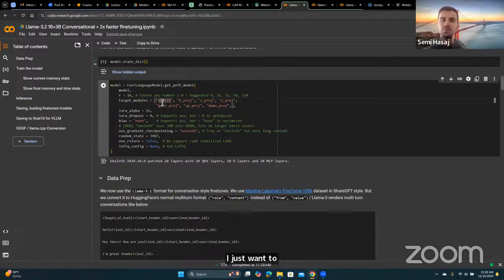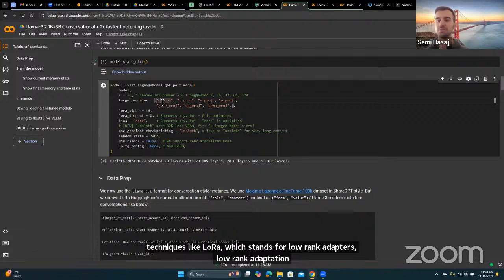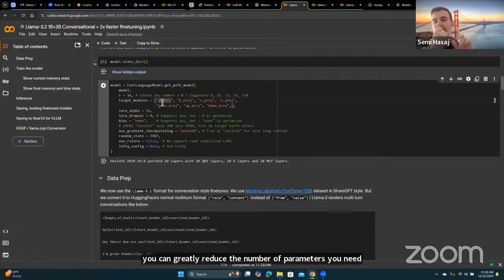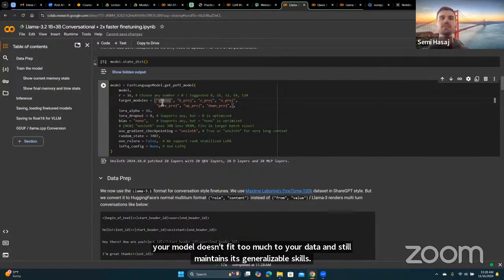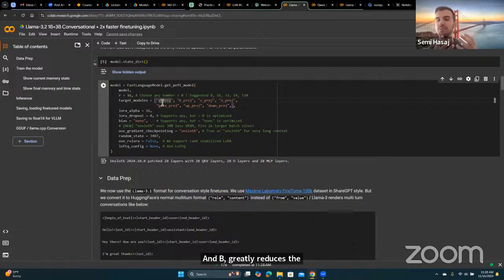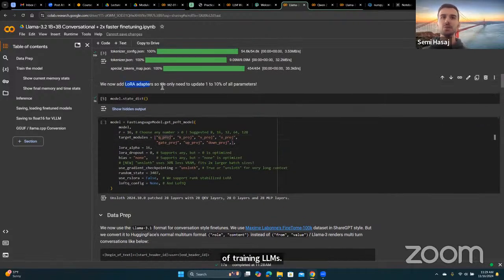What the research has shown through techniques like LoRA, which stands for low rank adaptation, is you can greatly reduce the number of parameters you need to train, which A, helps you from overfitting, so your model doesn't fit too much to your data and still maintains its generalizable skills. And B, greatly reduces the compute and memory requirements that are typically very high for training LLMs. So as it says here, you can add LoRA adapters, so you only need to train 1 to 10% of